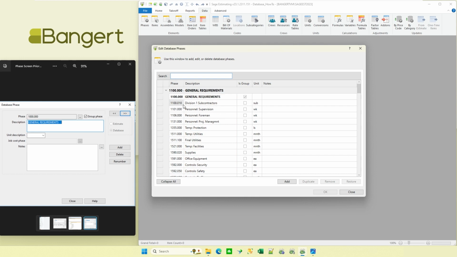phase. For some of the different things I'm going to talk about in this session and in the next portion, I want to set up a new phase just to keep everything separated. Down here, there's an add. I'm going to type in a phase number really close to the existing one, with just a little difference.